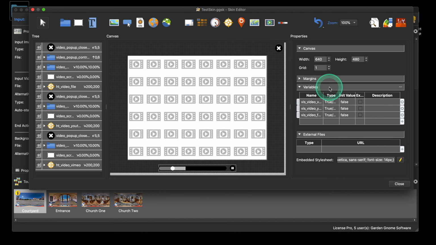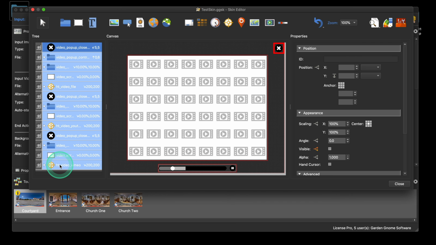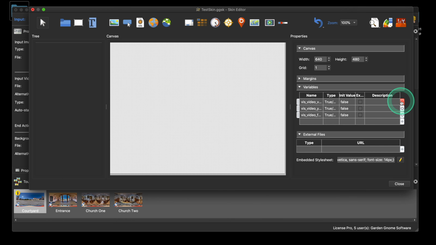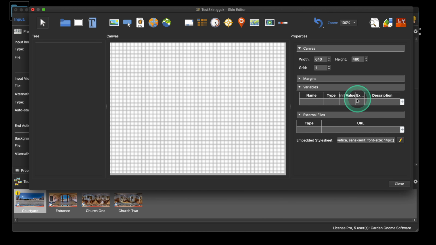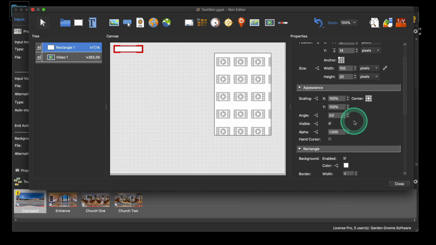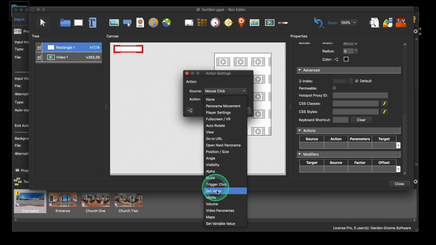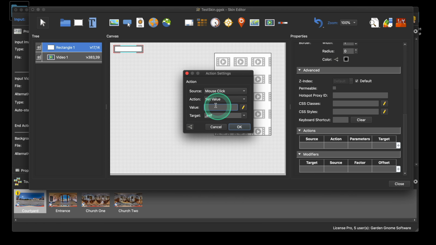So let's go back to my test skin. Let's select all of this and delete. Boom. Let's get rid of all these variables that were coming off the components that are not needed. So if I add a video element, we go draw video element, I'm going to add a button. Boom. And that button is going to say on mouse click, set value. The value, as I said, is now going to be assets. I'm on the Mac, so it's a /